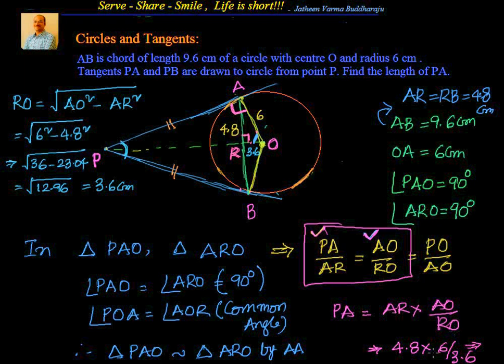You simplify that, you will have 4.8 into 6 by 3.6. I can say decimals go away. Can I say 48 into 6 by 36? Let's simplify here. We'll write down the answer there. 6 will go 6 times, 6 will go 8 times. So my answer is 8. 8 centimeter is the answer.